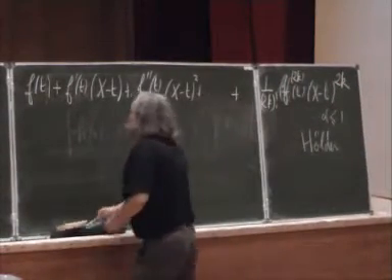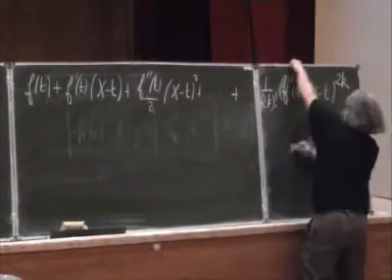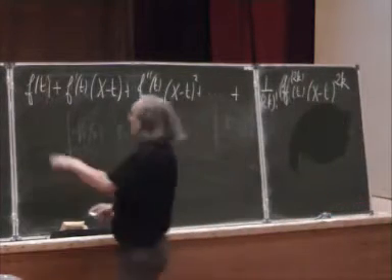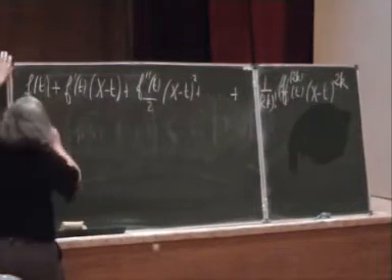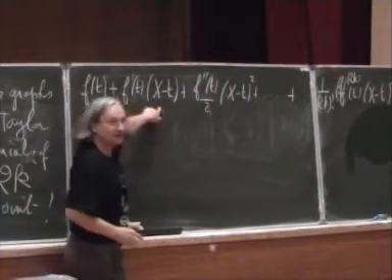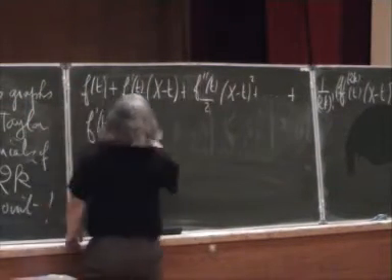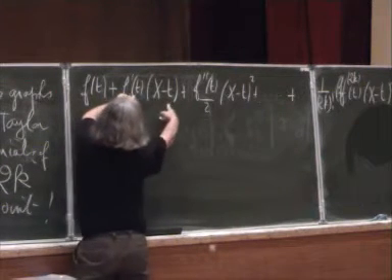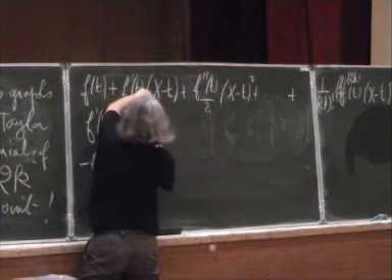Can we take the derivative with respect to little t? The derivative of the first term is easy, it is f prime of t. Here I get two terms. The first one is minus f prime of t, and the second one is